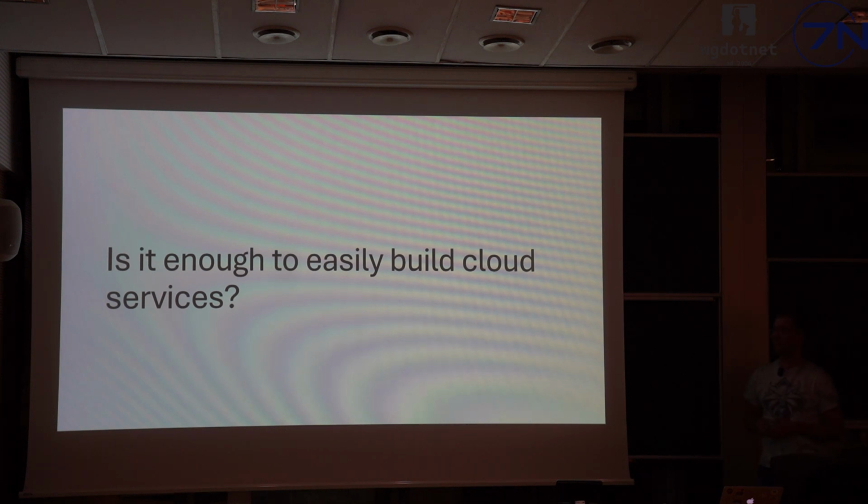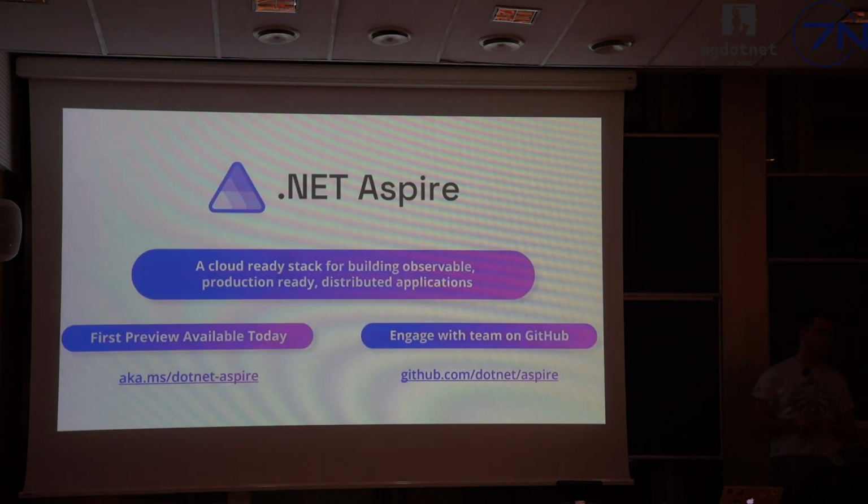And the urban legend says that a few of our architects sat down in a meeting room for a few weeks and started prototyping, exchanging ideas, building on top of prototypes that we had in the past, like Project Tye, and they came up with the idea of .NET Aspire. So what is Aspire? It's an opinionated stack for building cloud-native, distributed, and observable applications. Typically in .NET, we try not to be opinionated, so we provide you a bunch of APIs for achieving whatever you want. In the case of Aspire, we decided that this time we need to be opinionated.